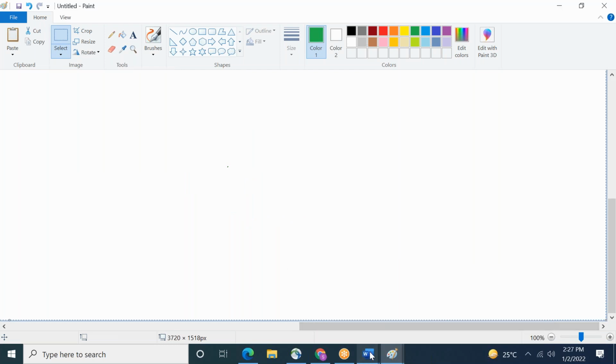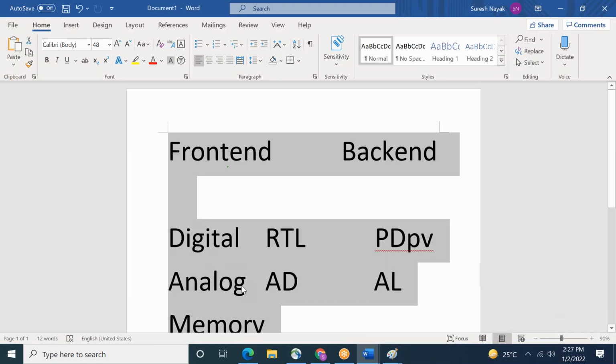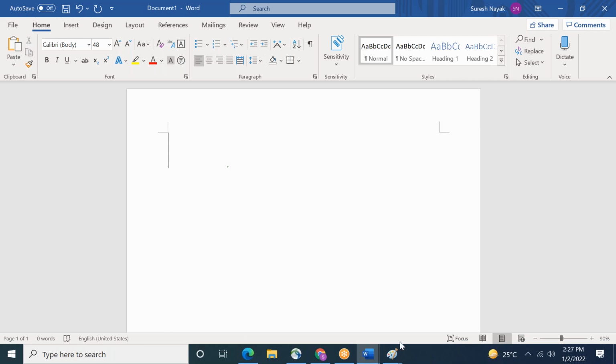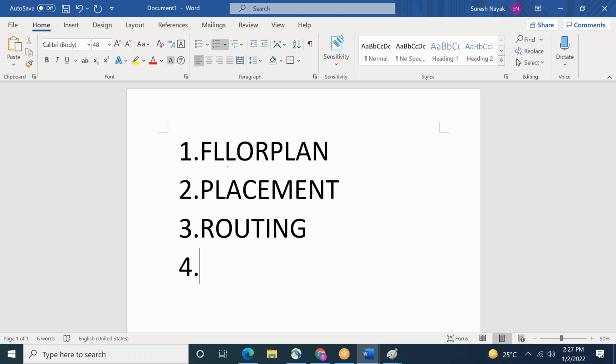Okay, now come to our discussion. Front end, what is the workflow? I'll just write it again. I'm just concluding. So the first point is floor plan. Second is placement. Third is routing. Fourth is DRC,